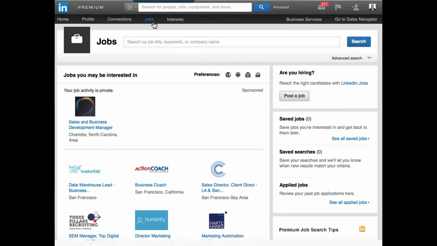And here's the Jobs tab. Now, if you're looking for a job or want to post a job for your company, this is where you go. And like I said, most Fortune 500 companies are using LinkedIn, not exclusively, but extensively. And this is where most of LinkedIn's revenue comes from, the jobs and the recruiters, those premium accounts. That's where most of their income's coming right now.